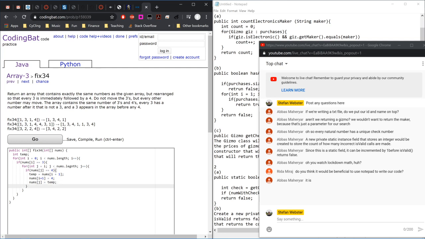So there we've swapped out those two things. We first took out the number that we don't want to destroy. We set that position to 4, and then we took our temp number and put it into where we found that 4 before. Now, one thing we can do to make sure that we don't accidentally